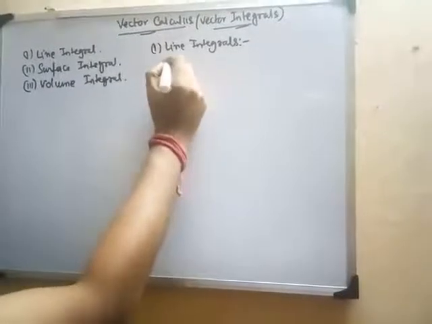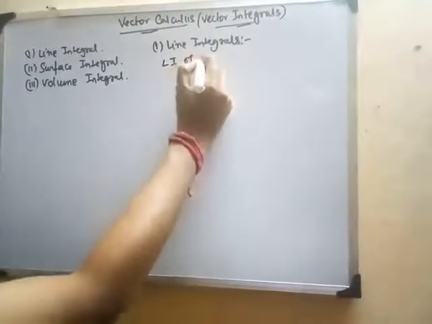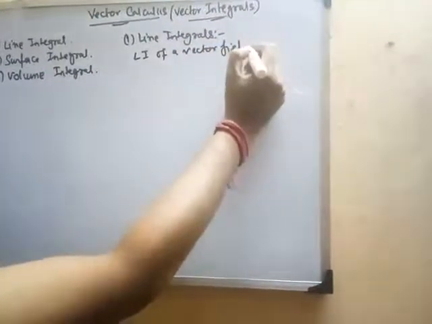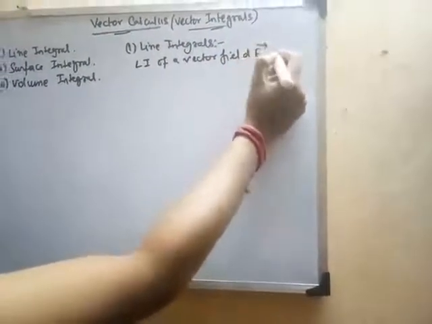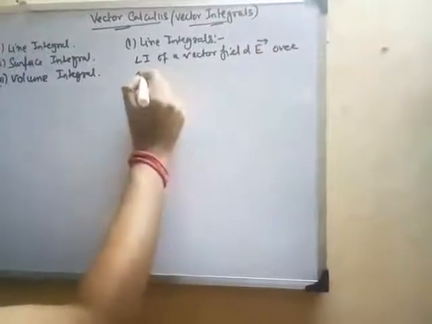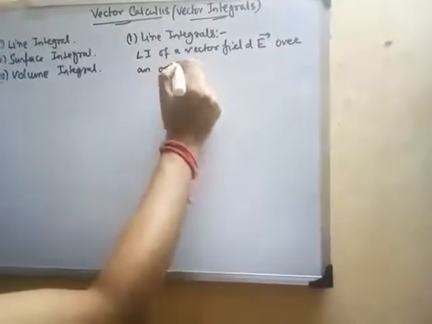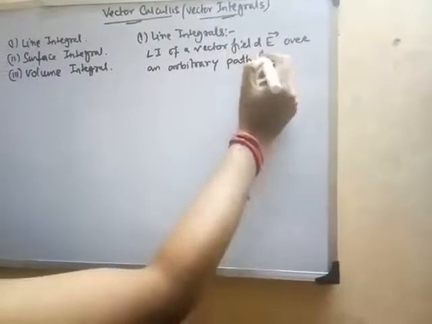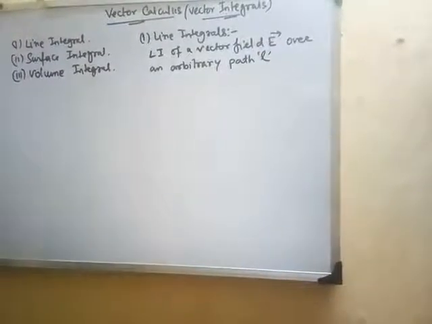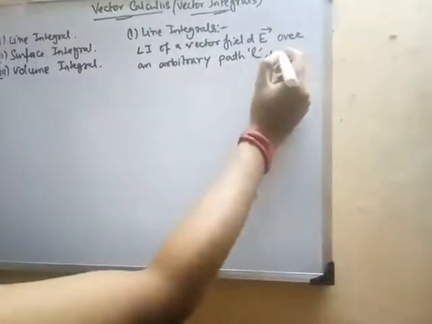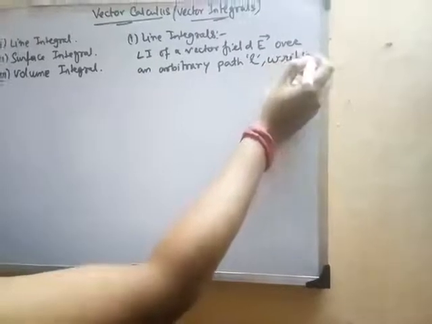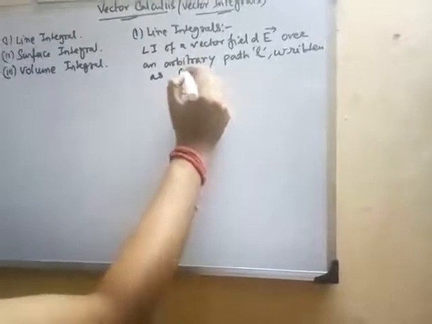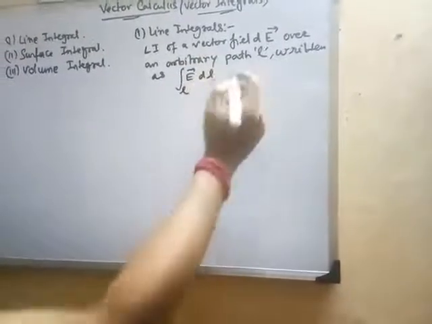So the line integral, I'll write it as the line integral of a vector field, any vector field denoted by E, over an arbitrary path L. Any path L, I'm showing you by figure, will be written like this. Line integral of E vector dl is defined